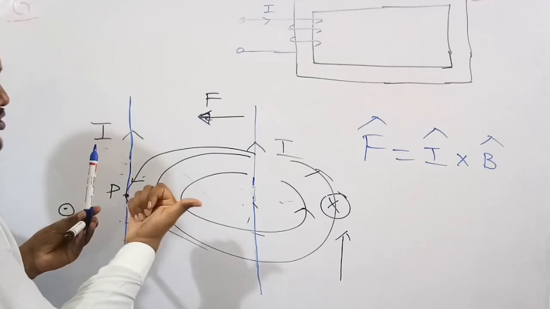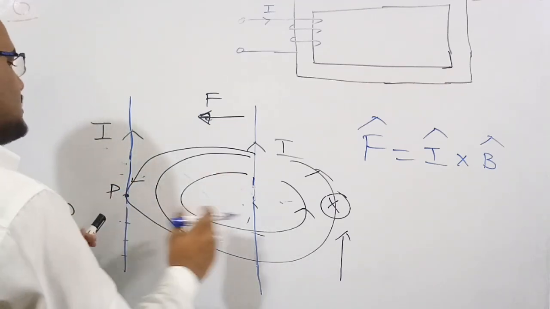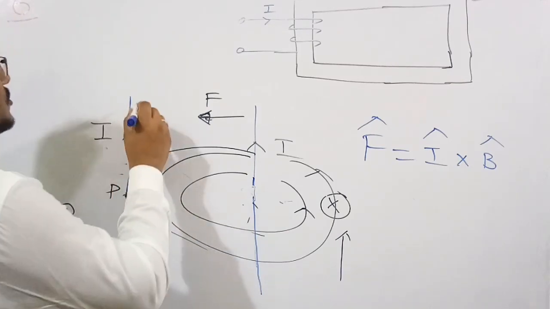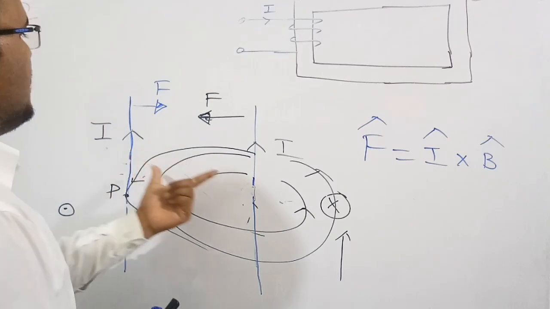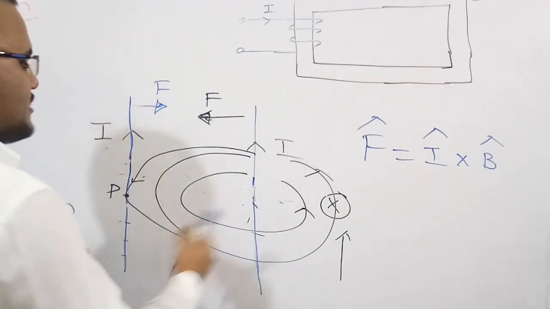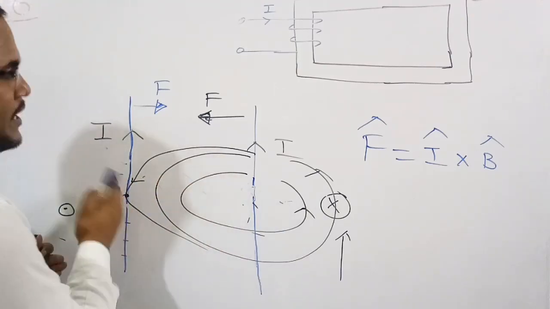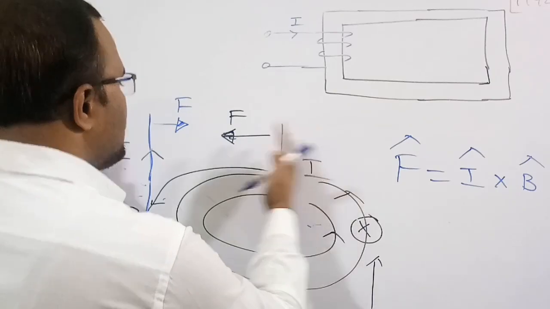So therefore the force direction is to the right side. So this wire is going to exert a force in this direction. If you see carefully, this wire is going to exert force to this side, and this wire is going to exert force on that wire towards this direction. So therefore both are going to attract,